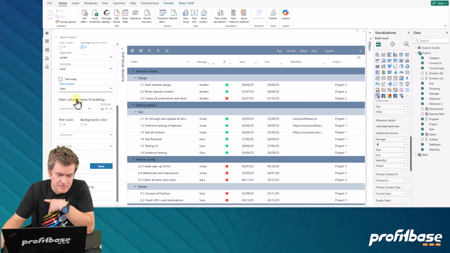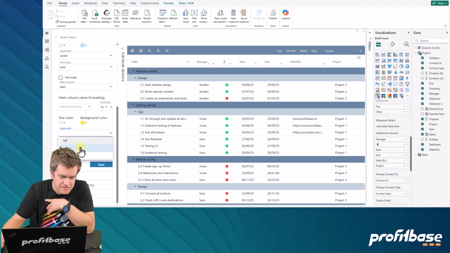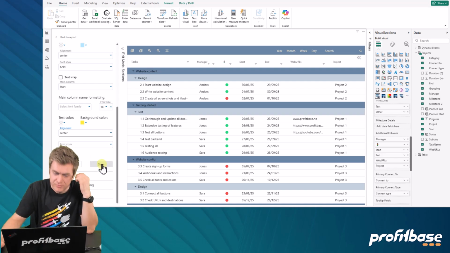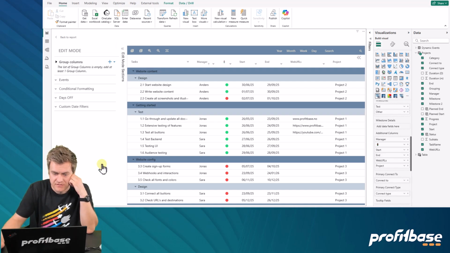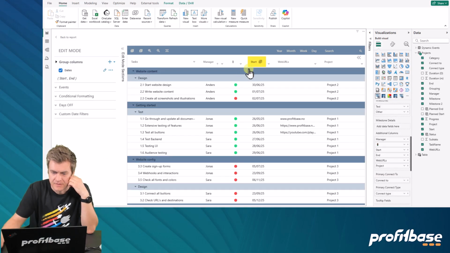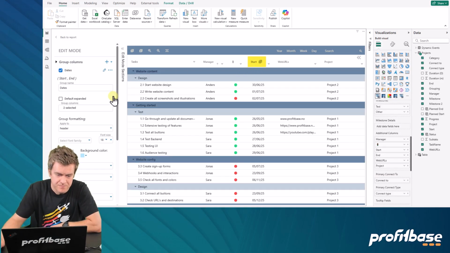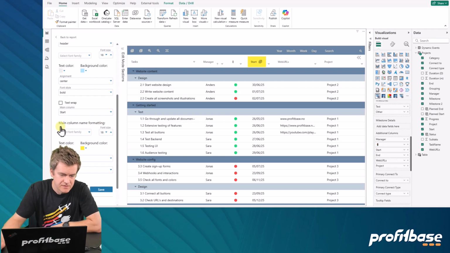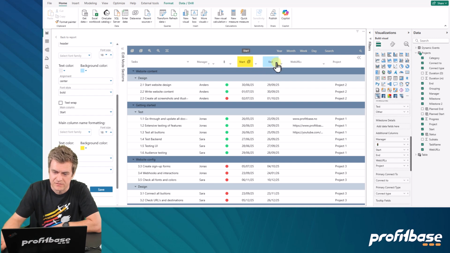And the main column could have a different formatting if you want. So I can specify this to be bright yellow just to make it stand out a bit. Text wrap is something you can choose if you want. Then if we click on save, you see that the main header is formatted this way with this selection, and I guess it has this expansion style, or expansion button. So if I click on this, it's gonna expand into the two columns, and you'll see